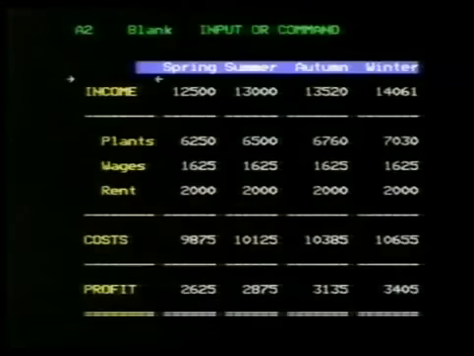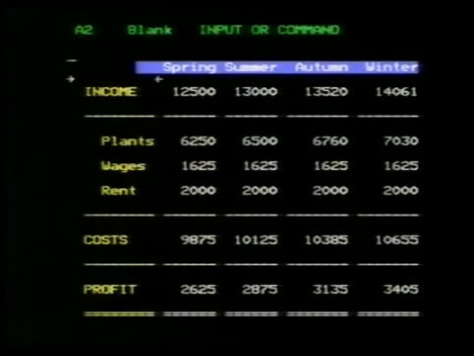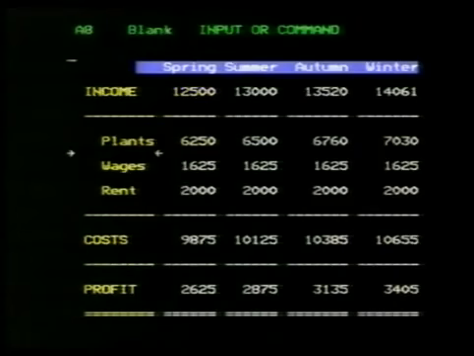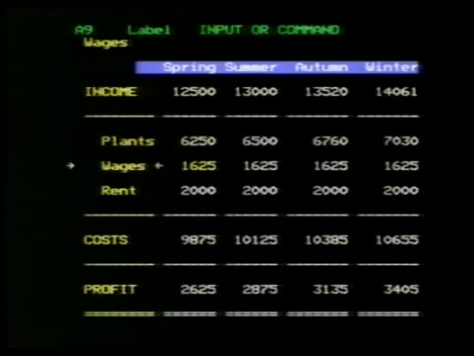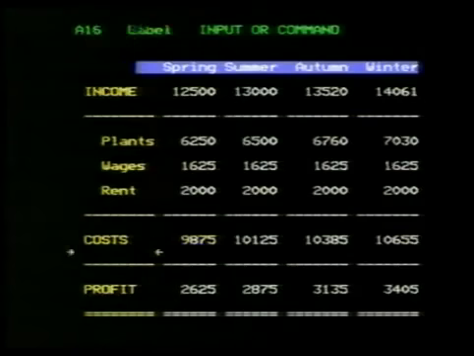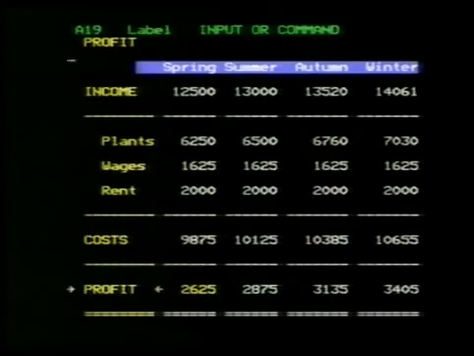Let's look at this. It's a little profit and loss statement for a landscape gardener. And on the top line here, on income, he's got what his revenue he expects to be each quarter, spring, summer, autumn and winter. He's got the costs of his plants, which is half his income. He's got the wages of one man here, and he's got the rent of his offices. Totaling those 3, plants, wages and rent, he has his costs, and subtracting that from his income,